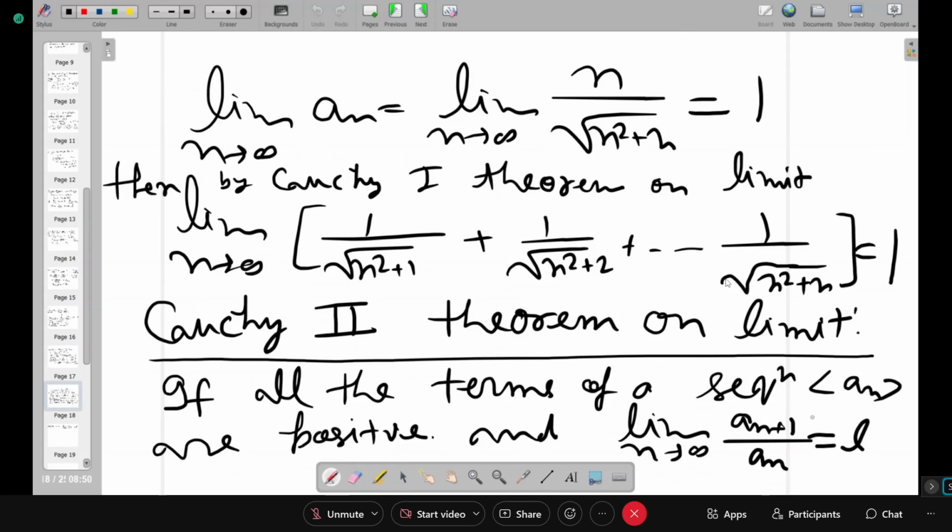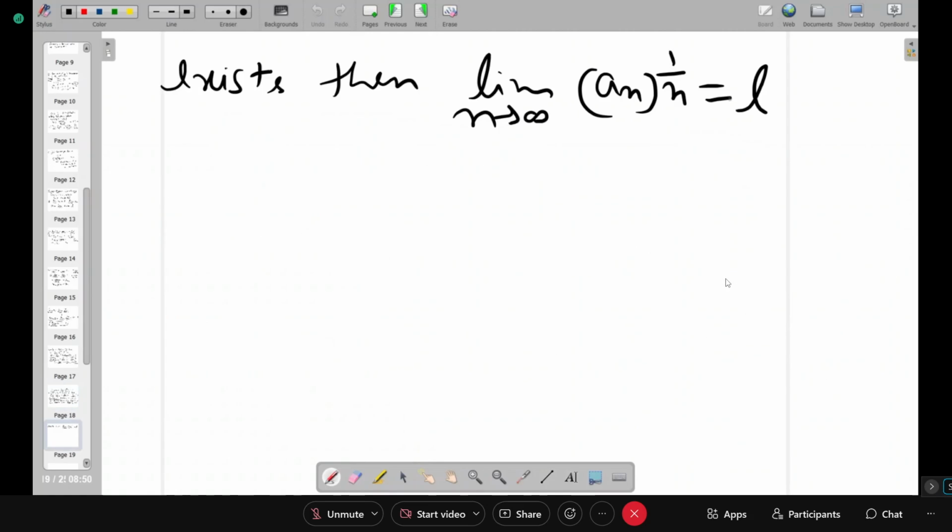In the Cauchy second theorem on limit, what is it saying? If the sequence is of positive terms and if the limit of an plus 1 upon an is L, which exists, meaning unique and finite, then the limit of this sequence, meaning an to the power 1 by n, will also be L. For example,